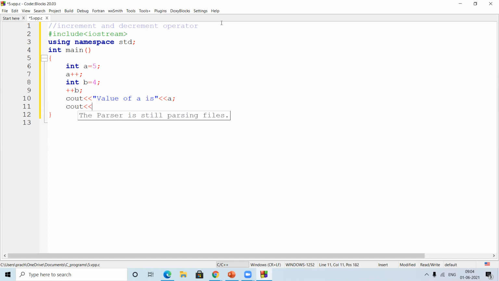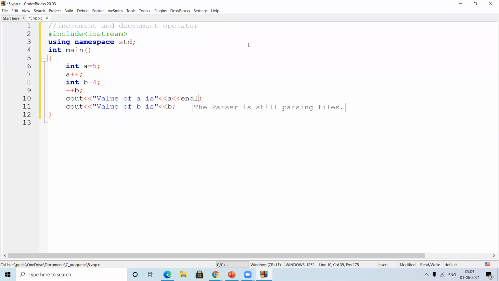Similarly, cout "value of b is", and then I'll put b here. I'm not giving the slash n, so it will come down. I hope I told you about escape sequences too, so that you can use that, and that will come in output formatting, correct?